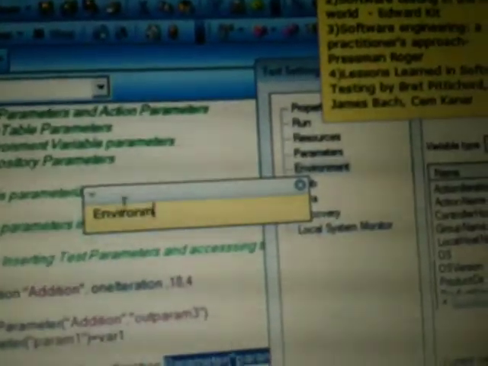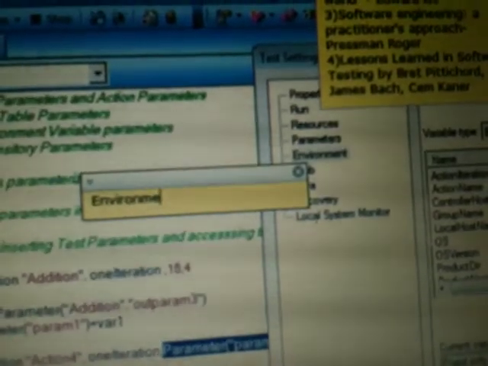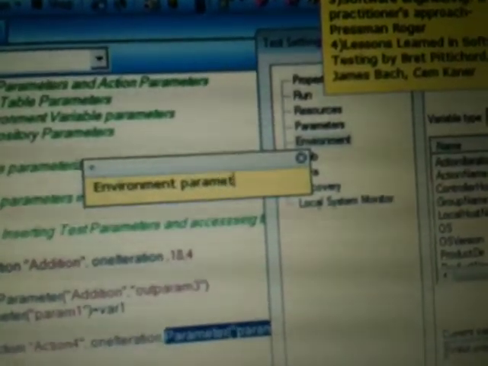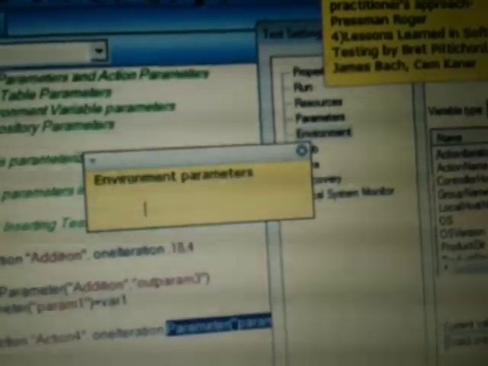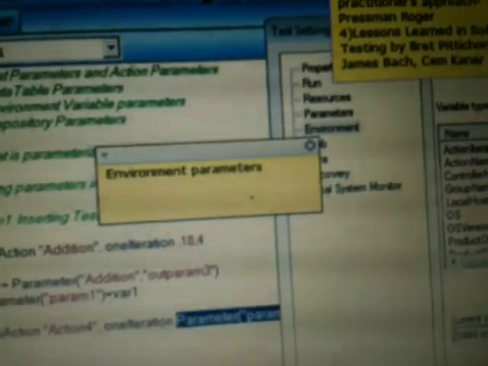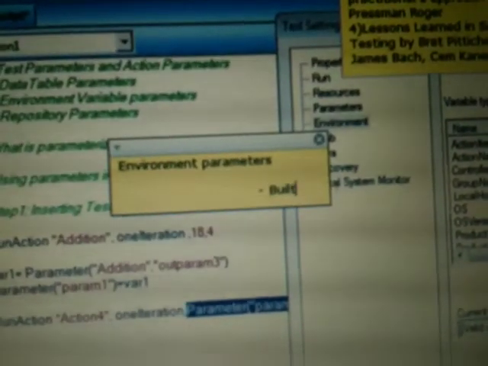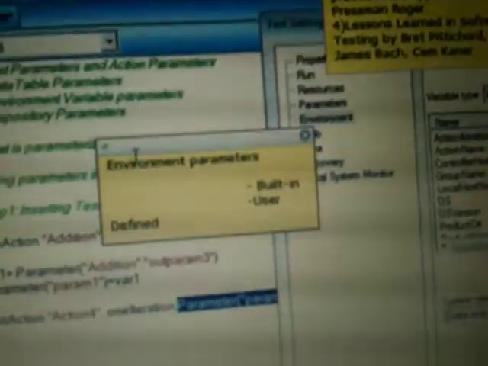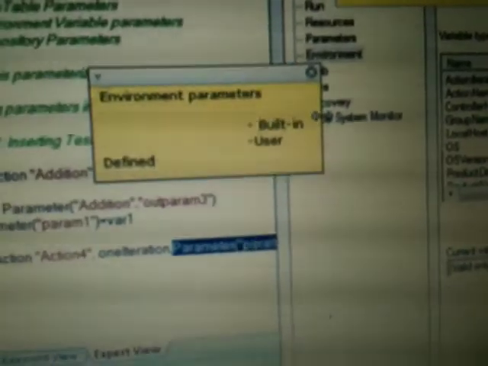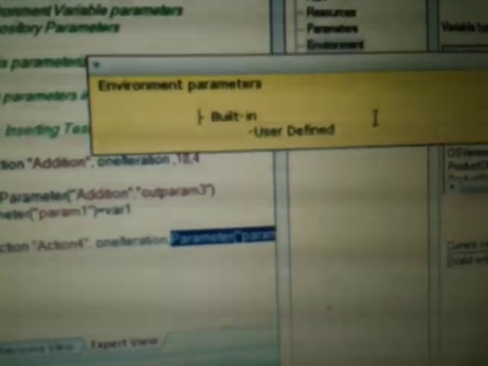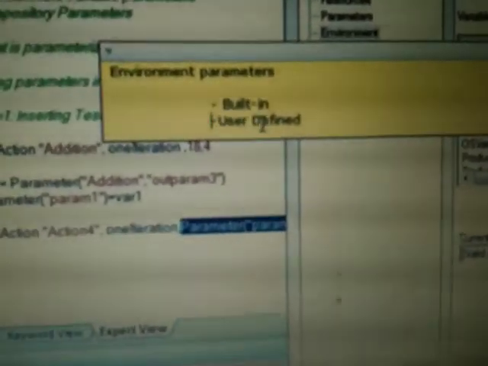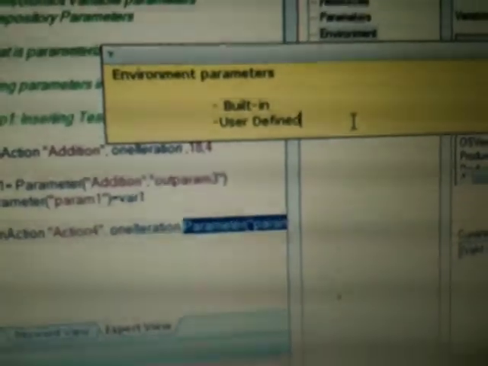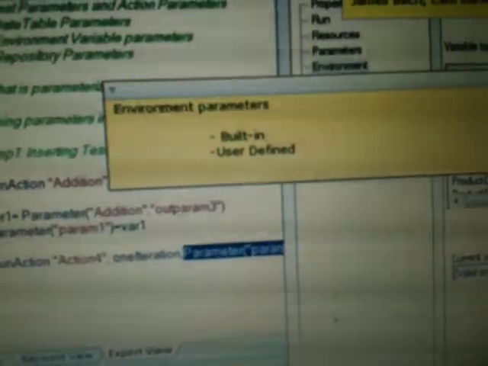So there are 2 types. One is built-in, the other is user-defined. Okay. And this user-defined again has got 2 types.